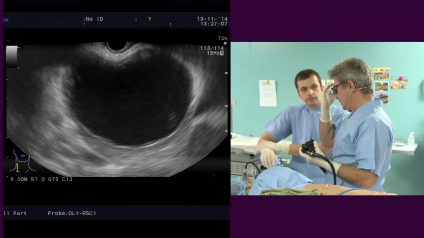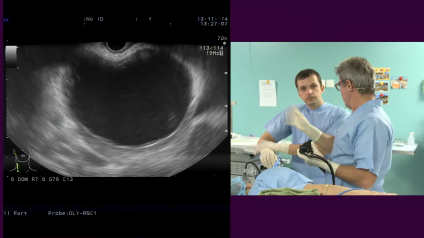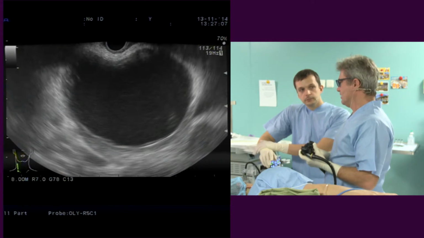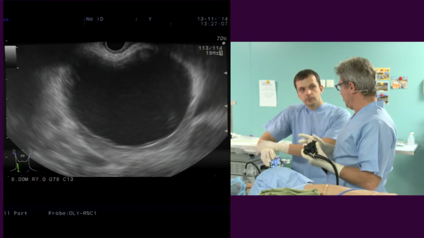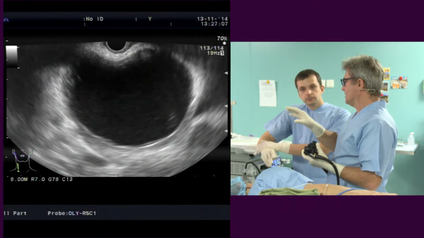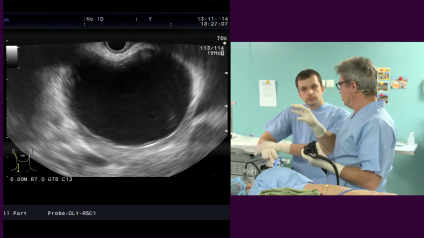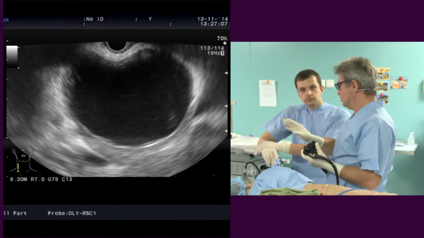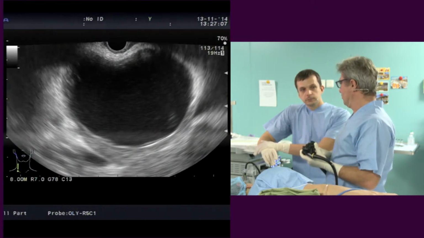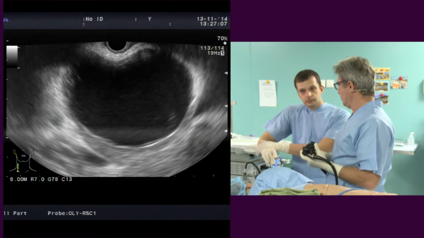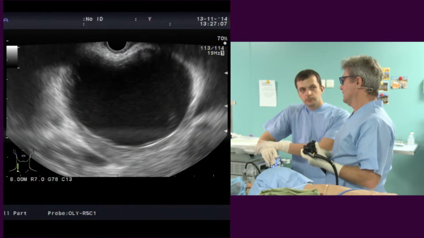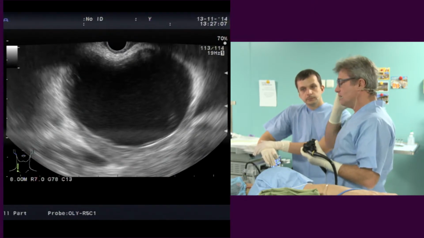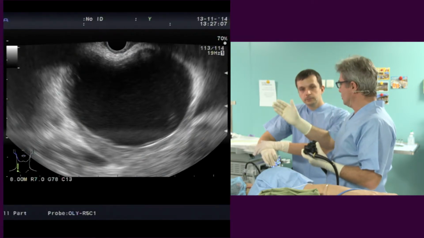And then there is acute necrotic collection, or abscess, and then there is the WOPN, so the walled off pancreatic necrosis, where basically you have necrotic tissue inside the lesion, and I think that these are the most difficult ones to treat, especially when there is a very high component of necrotic tissue. And the debate now for this type of lesion, especially for walled off pancreatic necrosis, is which stent to use, because usually